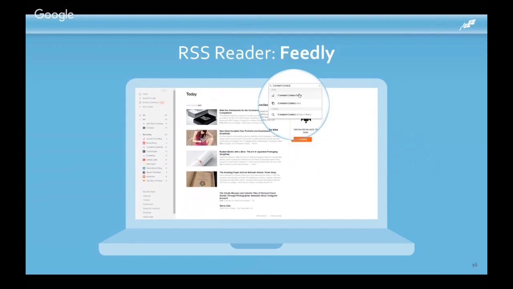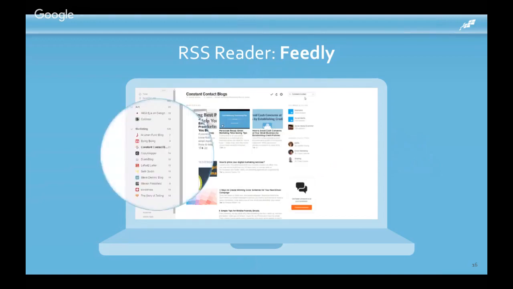And then what I do is I take my Alltop content, or all the top blogs in given things. If I have a new client that's in a specific industry, I'll visit the Alltop page for that industry, and I will add those feeds, those website feeds, to my Feedly RSS reader. From there, I can keep up to date, I can browse, I can connect, and I can use that content elsewhere. And we'll show you how to do curation in a little bit.